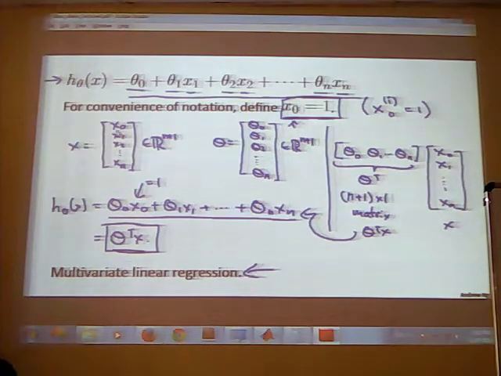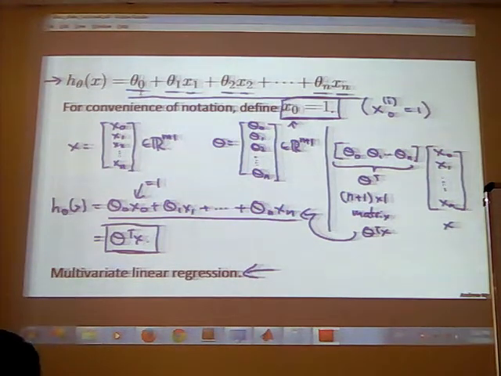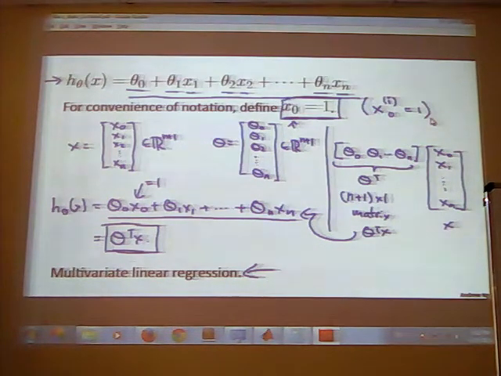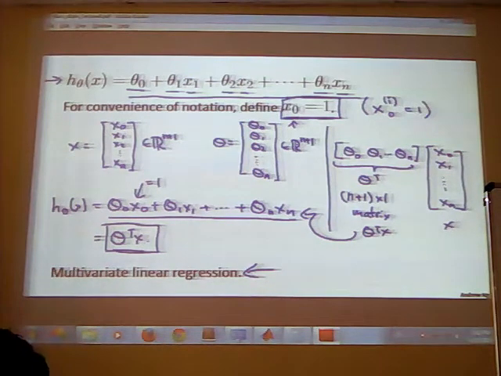We have used x0 over here, though we do not have it in our hypothesis, but in order to keep the size of the vector consistent and convenient to use in our programming, we have included x0 as well. We will keep this value as 1, so it is not going to affect our calculation. Just for convenience, we have used x0 and assigned the value 1 to it. So our hypothesis will become theta 0 x0 plus theta 1 x1, and so on, where x0 equals 1.